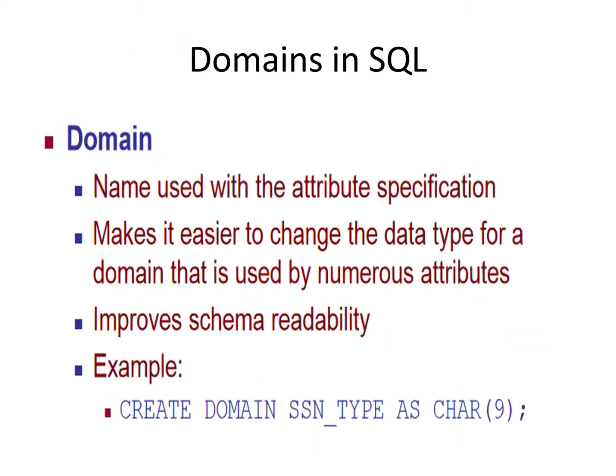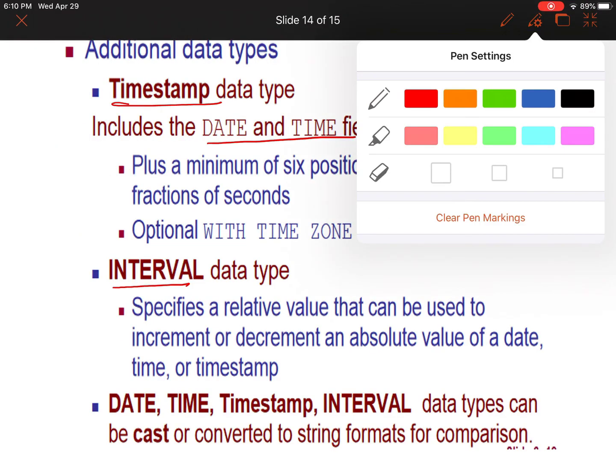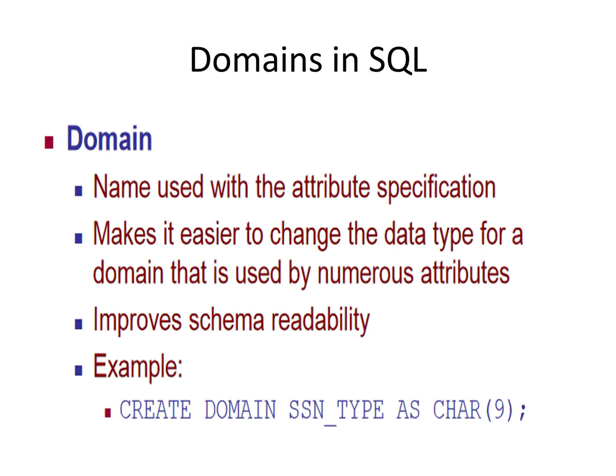And then the next one is wherein I'm trying to give some domain name. For example, we had given names for the various constraints also. So a domain is nothing but one column, right? We have seen what a domain is. So I can give the domain also some name. I can create domain with this as character, so I can mention it like this. So this is also possible.